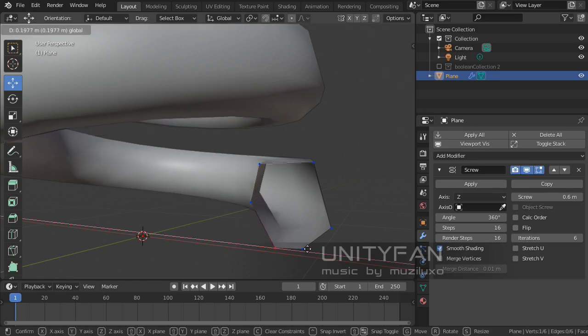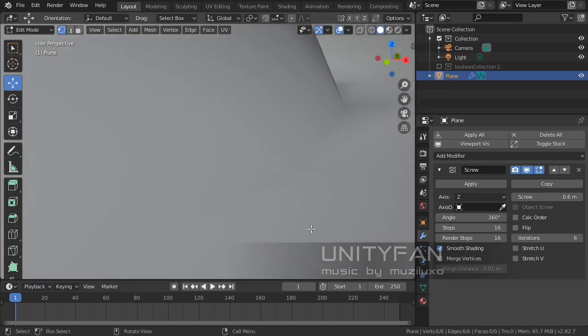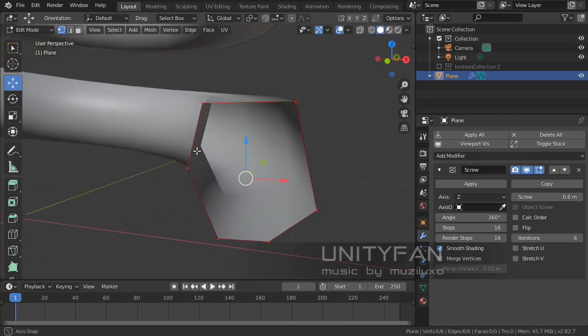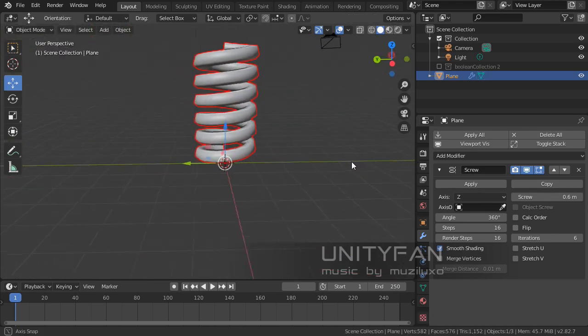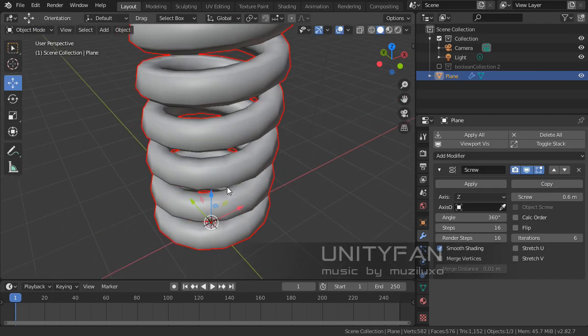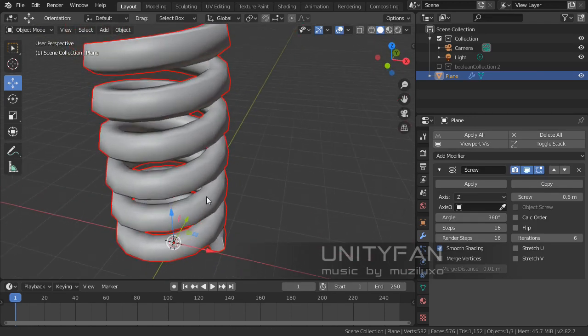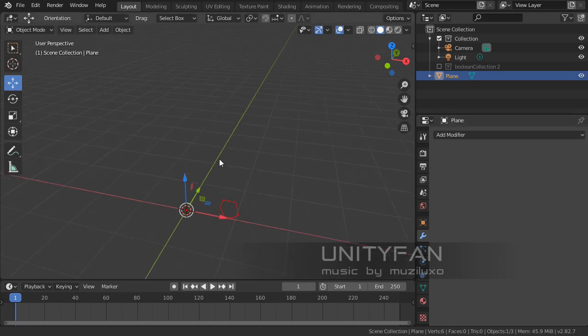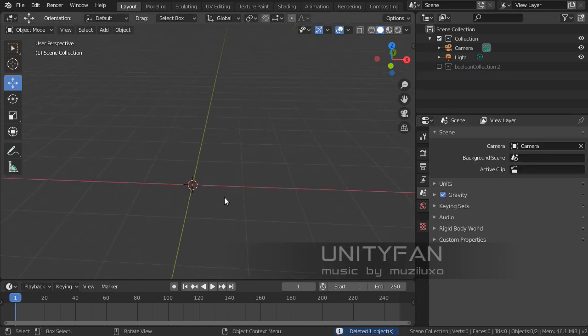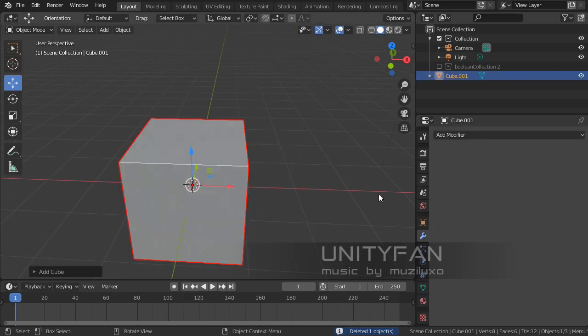And it could be edited just by these edges. Is that what it does with screw modifier? Okay. Then next,